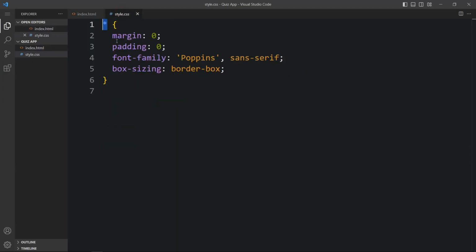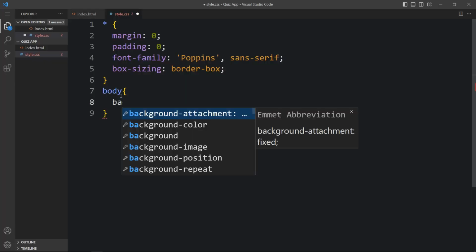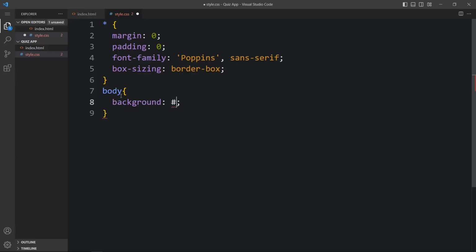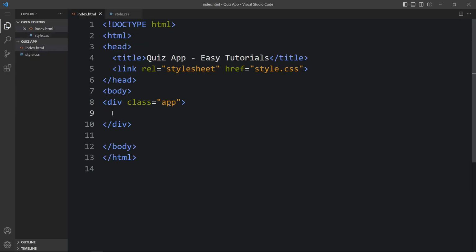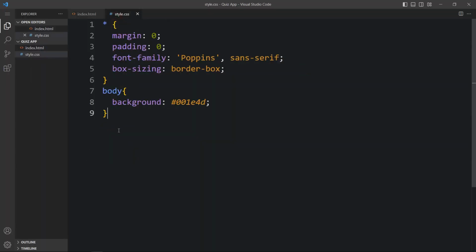So come to the CSS file, and here first we will add the dark color on the complete web page. So we will add body tag, and for this body, let's add one background. Here we will add one color code, and next we will add the CSS for the app. So just copy this one, add it here in this CSS file with the dot